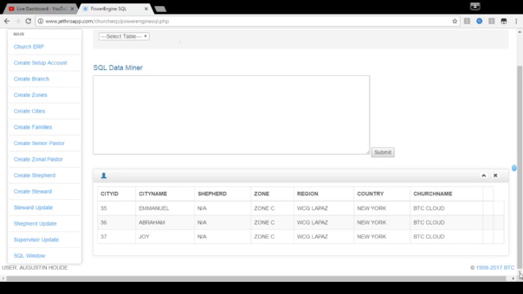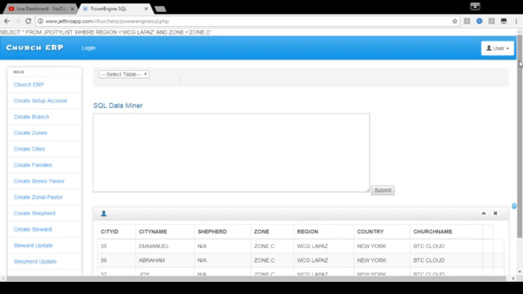Select from JP city list where region equal WCG La Paz, and zone equal zone C. Where region equal, you need to put equal. Region equal WCG La Paz, and then